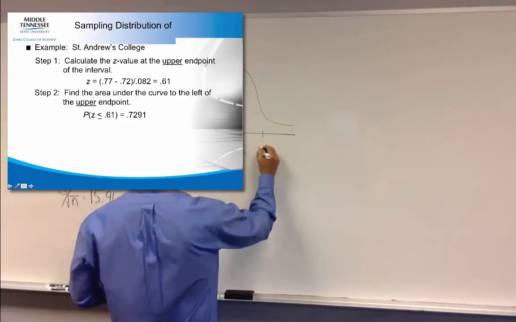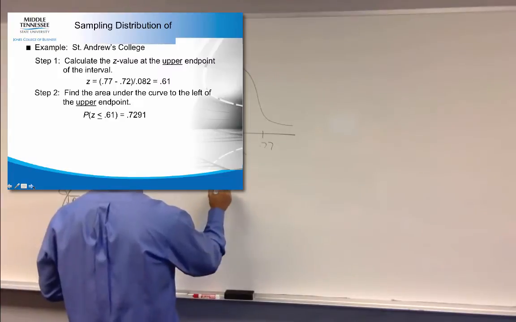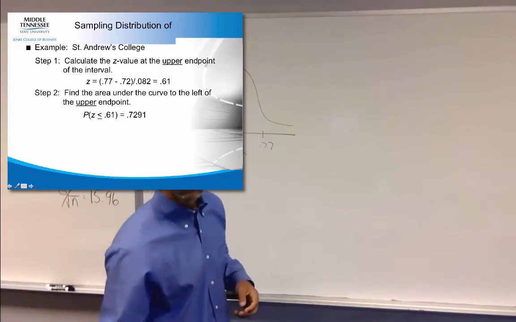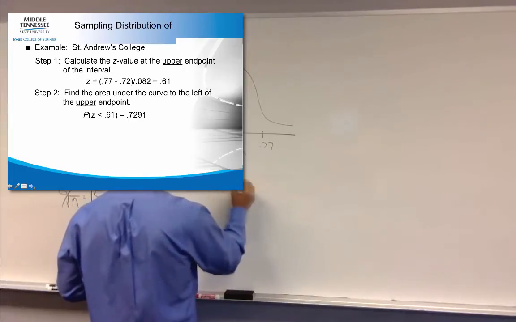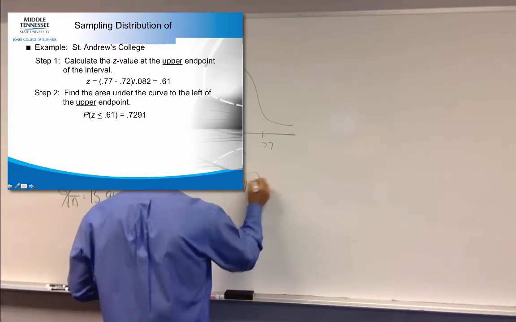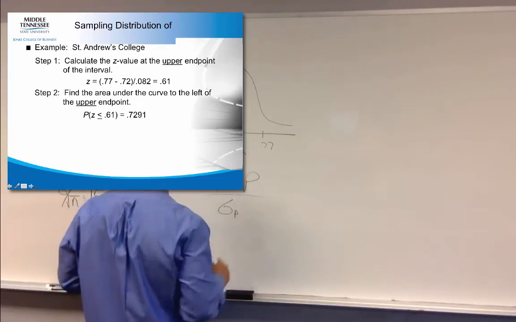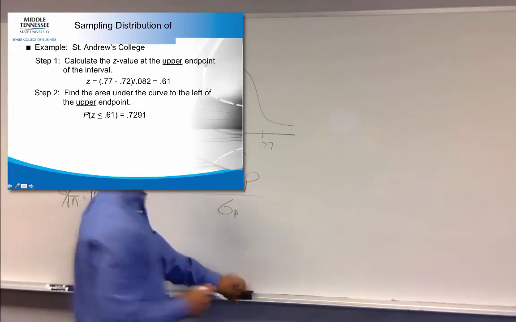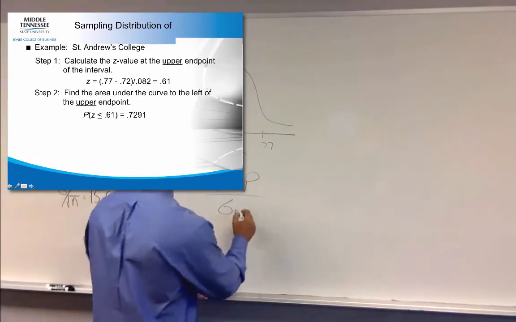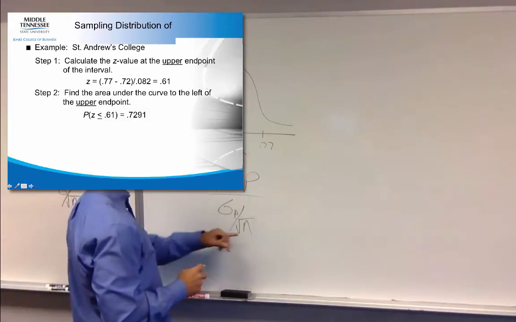So if I put 0.77 here, I'm taking my sample proportion minus my population proportion over the standard error for the proportion, which actually I'll denote it as that. So I get my standard deviation, and then